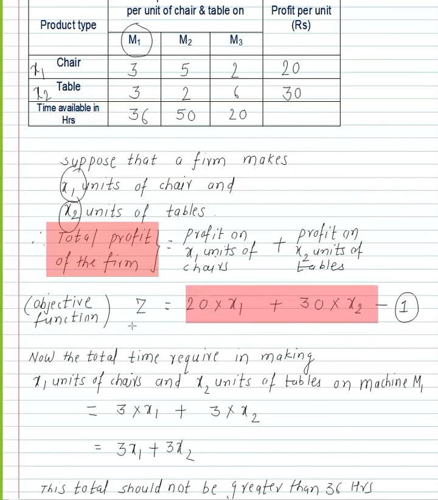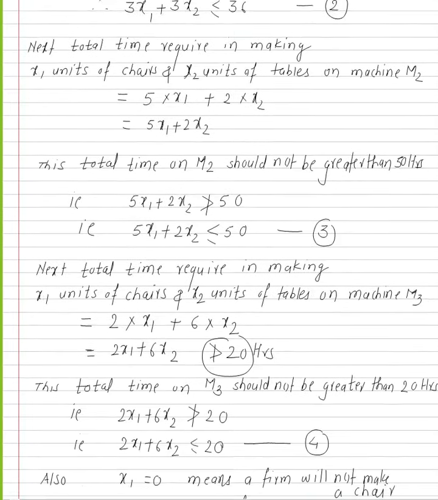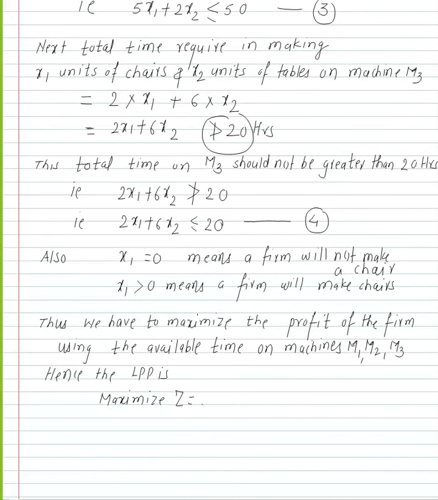We are denoting this profit by Z. So maximize 20x1 plus 30x2